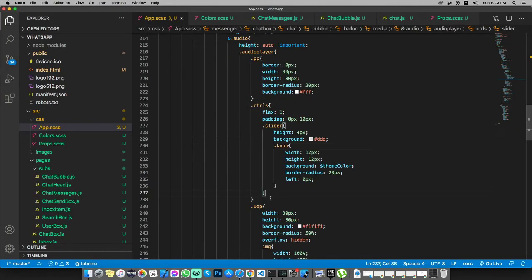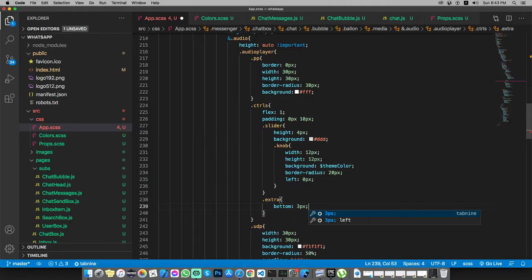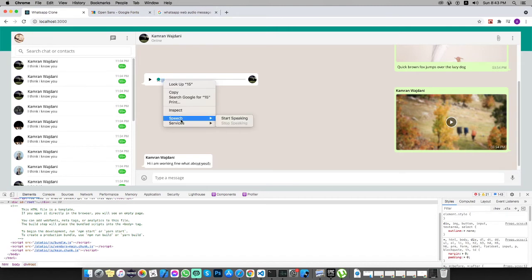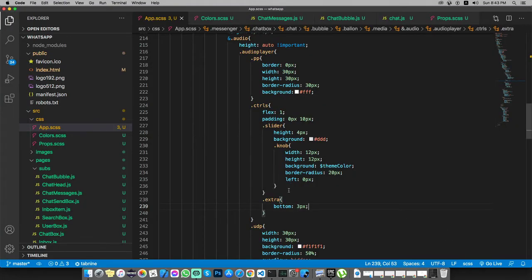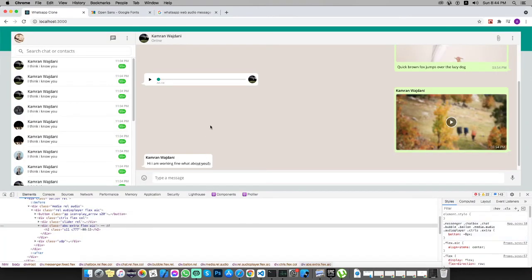And for the controls extra we will use bottom 3 pixels. Let's start with 3 pixels. Inspect. I guess we should go with 6, minus 8 pixels. And we need stamp. And you can see we are actually